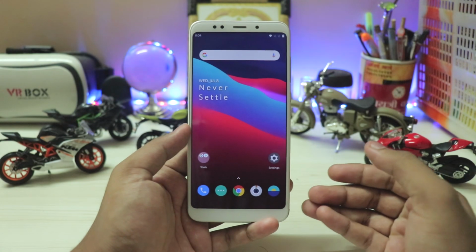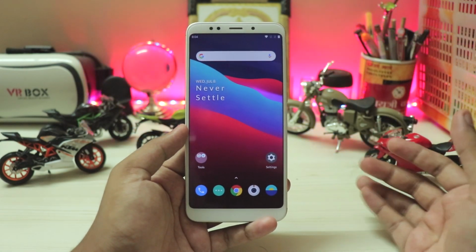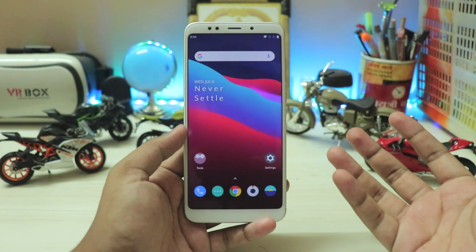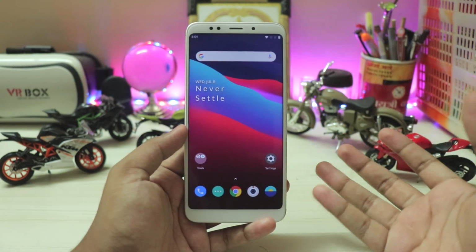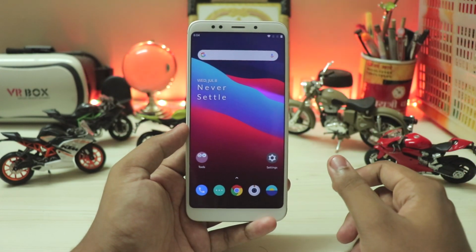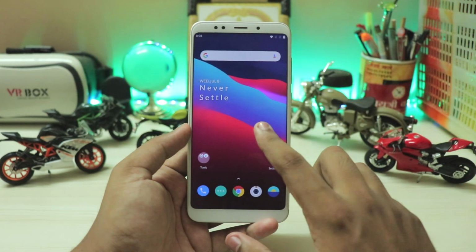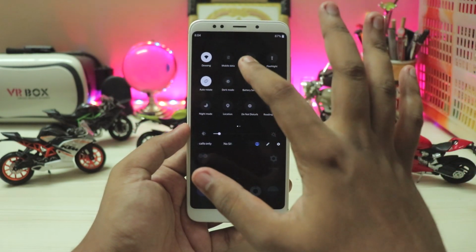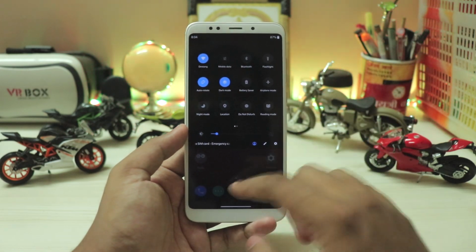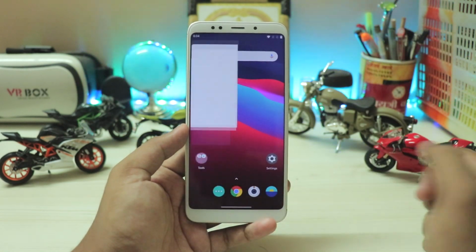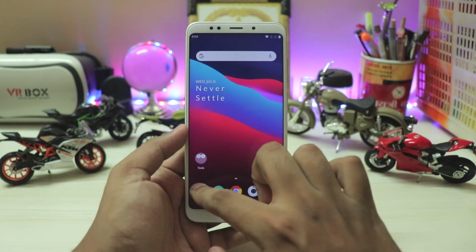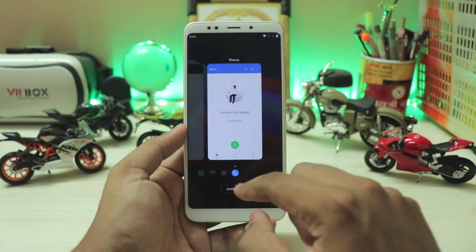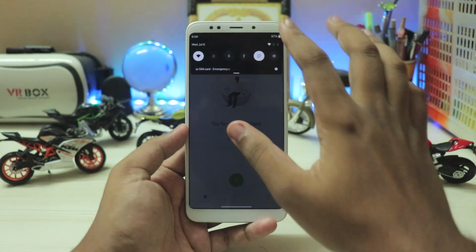Again, everything is available right over here, and there are still more testing builds that would be coming before that, like Bluetooth media has been recently fixed. Then again, the fingerprint scanner wake up, brightness, like everything is constantly happening thanks to all the developers. But let's just go through everything. Like the apps and stuff have been updated, but if you just come to the quick settings panel, you do have the dark mode toggle right over here, which was quite missing in Oxygen OS because it already has its complete theme. But let's just reopen the app. Oh no, now it won't escape the freeform, so let's just do that.